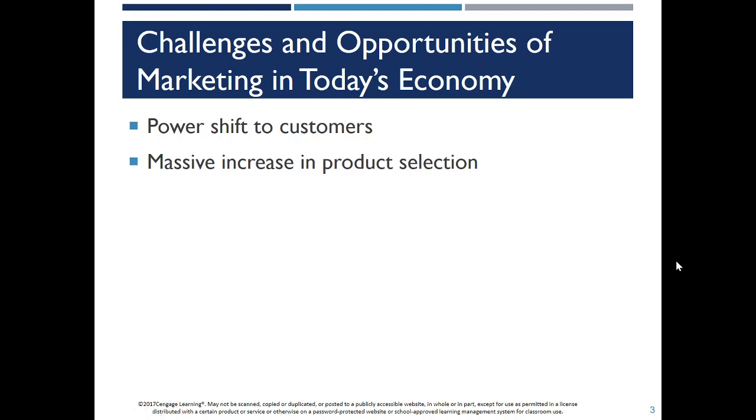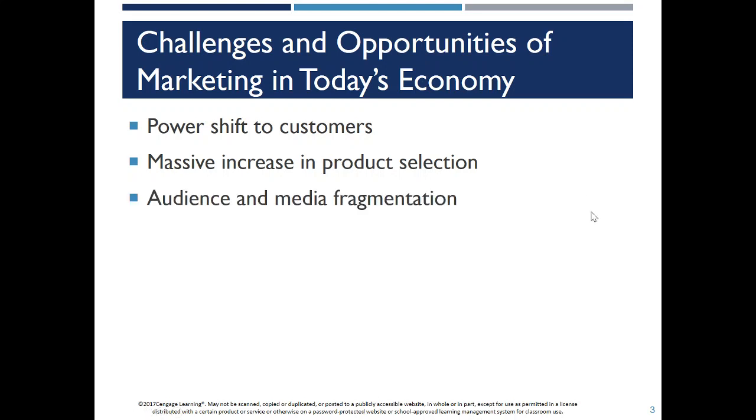Massive increase in product selection. Again, this is also related to technology. At your fingertips, you can shop for products from retailers all over the world. Used to not be able to do that. Definitely before you guys were born or were aware of technology and e-commerce. Before that, this was how it is. You lived in a town and you needed a TV. You went to Sears and Service Merchandise and Montgomery Ward and a couple other places, and you bought a TV. There wasn't a whole lot of looking at hundreds of different places, all with personalized, specialized deals.